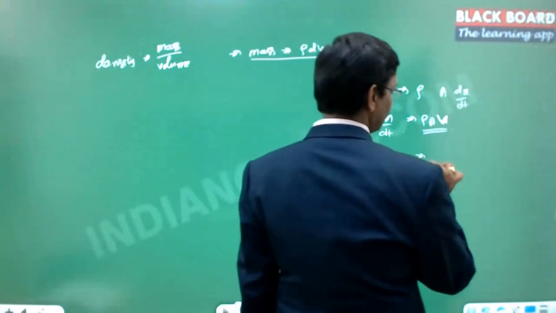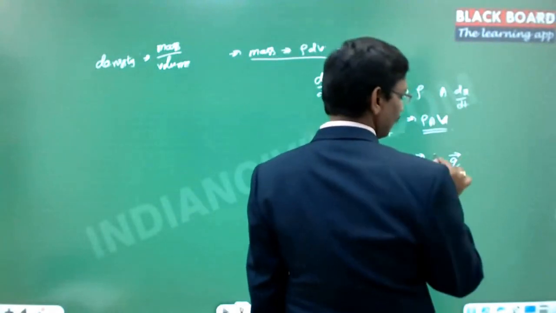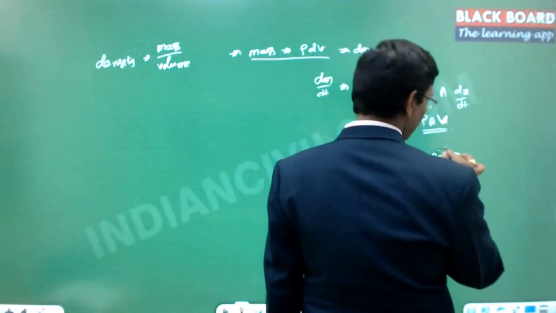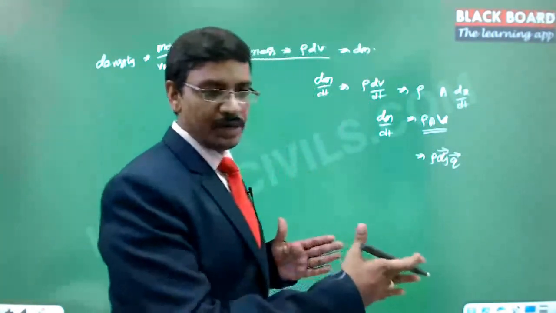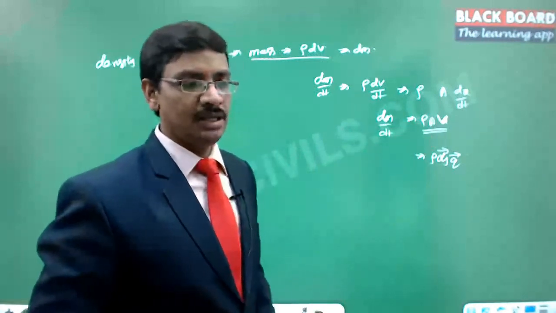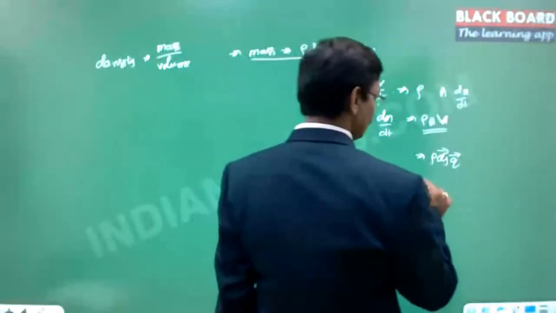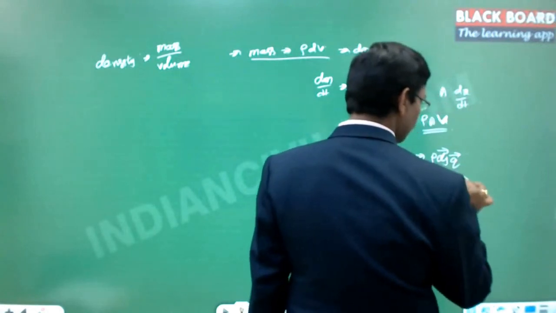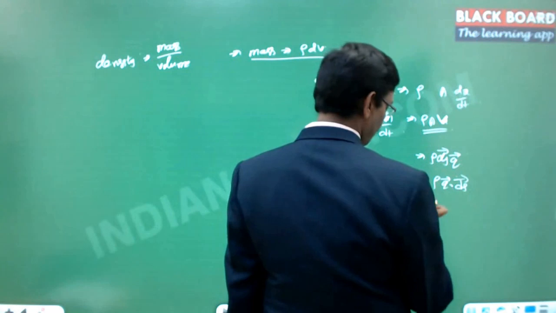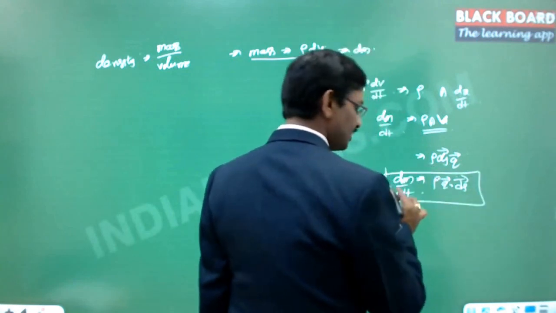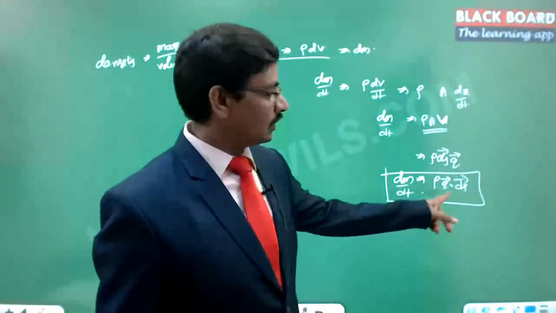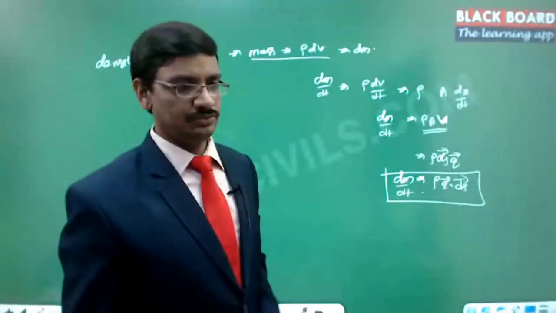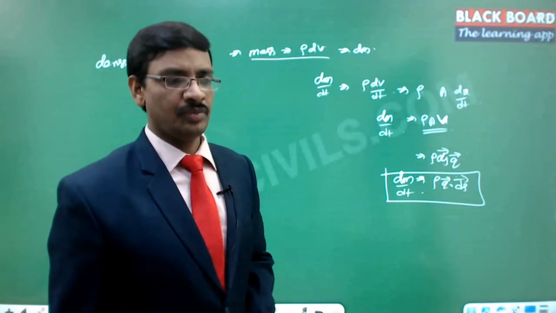So in place of V, this is going to be Q. In place of rho, it is simply rho. And in place of this, it is going to be ds. Now, if it is exactly a perpendicular flow, then you can straight away multiply it. If there is a slant flow, obviously it is expected to be rho into Q dot ds. So this is the rate of flow. So dm by dt, which is nothing but the rate of mass change, will be equal to rho into Q dot ds. Is this understood? How we arrived at this?